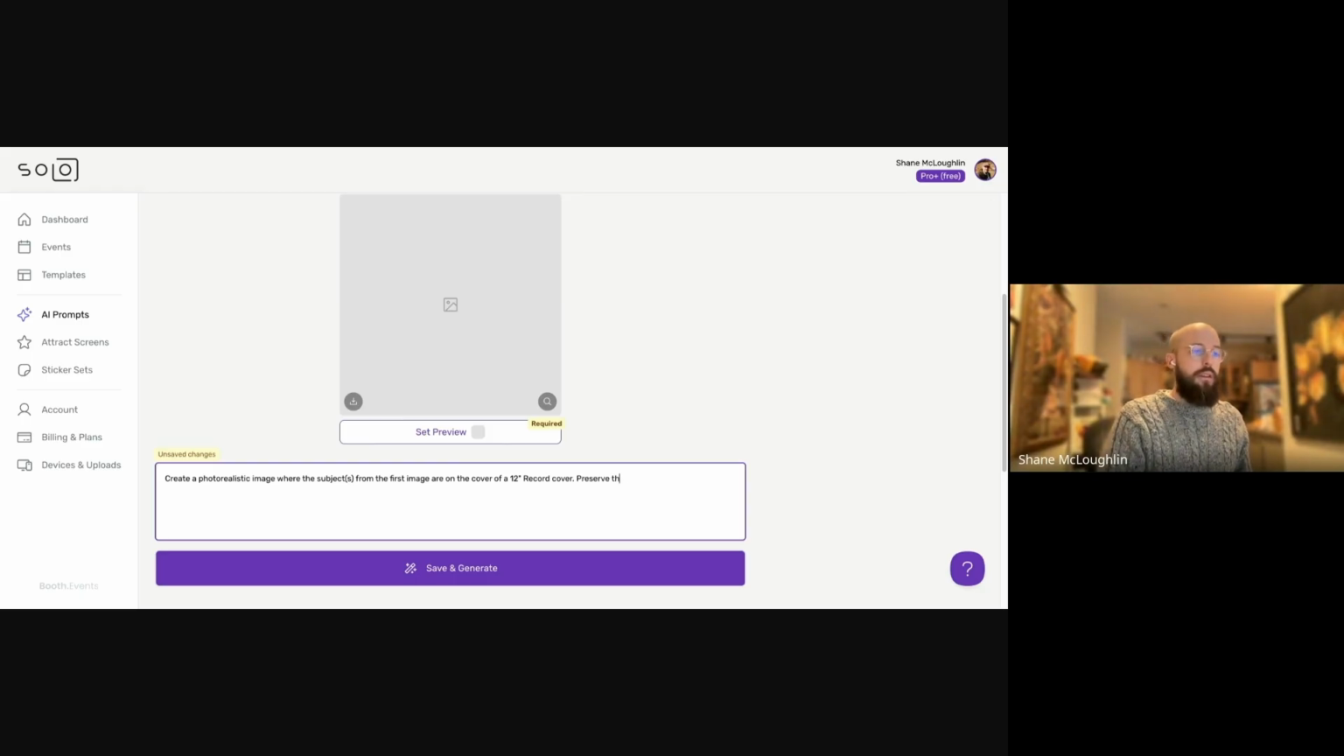Preserve the unique facial features and bone structure of the subject. So again, we want to make sure that that is clear. We want the output image to look like the people who are at our booth. Okay, bone structure of the subjects. The subjects